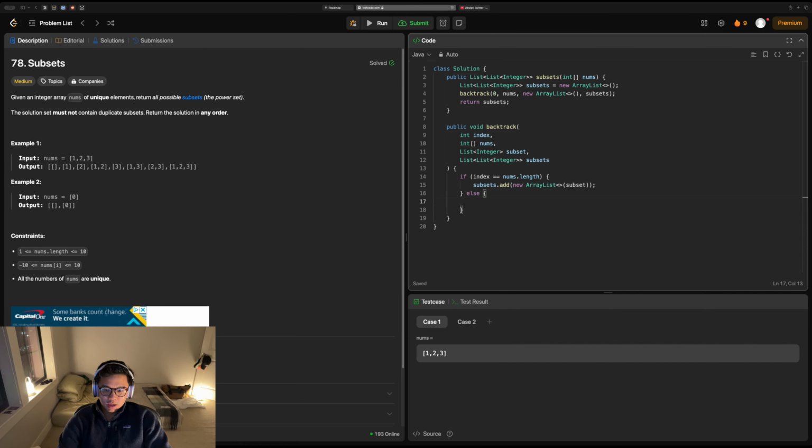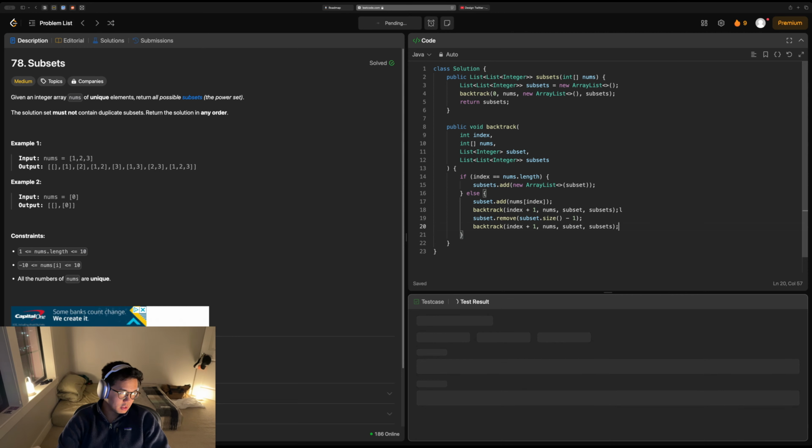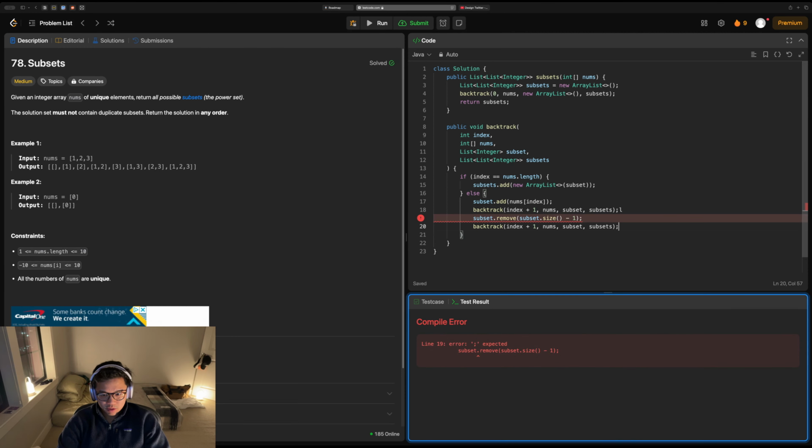So we are going to take the subset and add the current number, and then we're going to backtrack. We're going to increment the index by 1, pass in the numbers, pass in the subset with a new value, and then pass in the subsets. And then after that, we're going to remove that value by saying subset.remove subset.size -1, and then backtrack one more time with the index incremented, but with the value now removed. And if we do this, we will get our